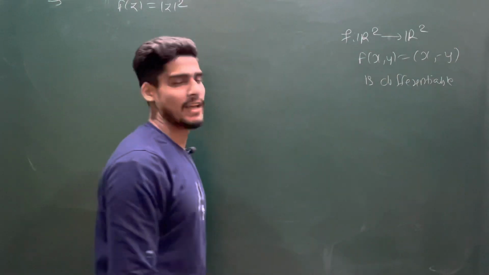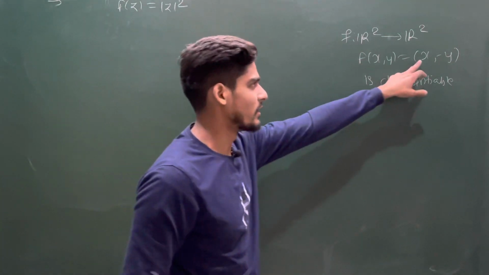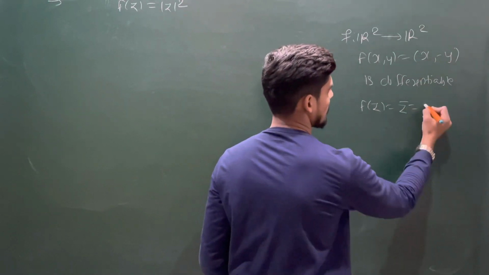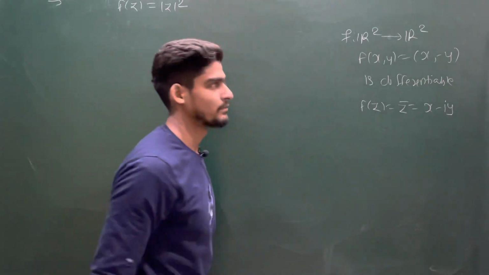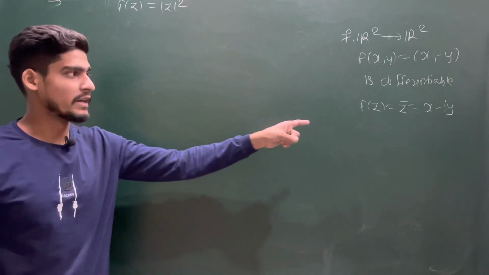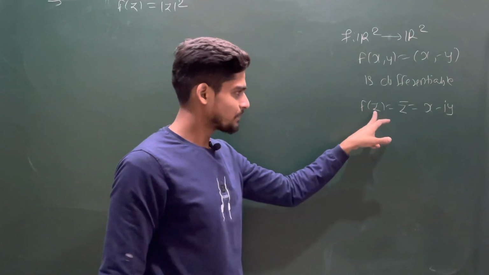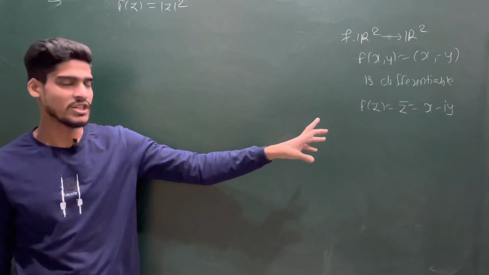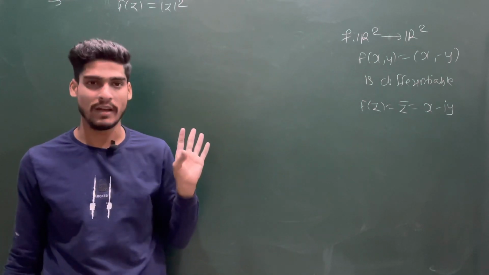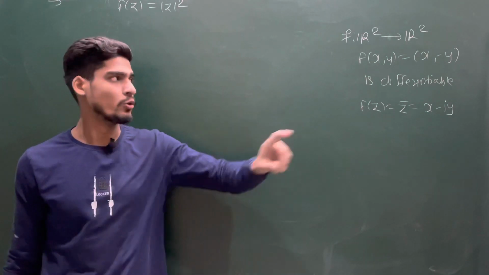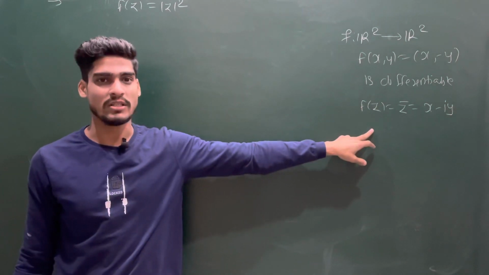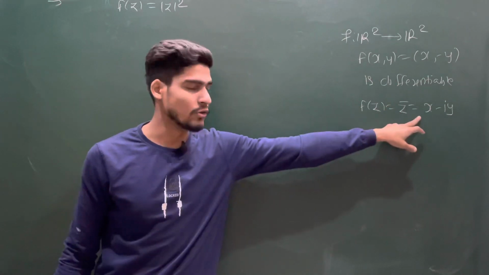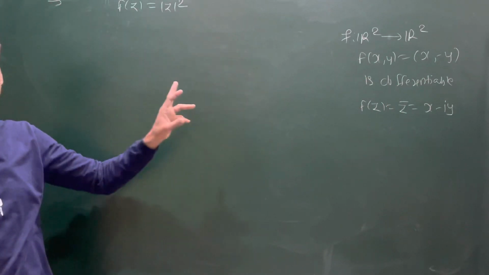But if you think of this as a complex function, then your f(z) is equal to z bar, because what is this? This is x minus iota y. So if you are dealing with your f(z), if you change your z to x plus iota y, then your function will be of the format f at x comma y. If that function is differentiable, you cannot say your original function is differentiable. So from this you cannot say this function is going to be differentiable. That is the example, the argument we have seen.